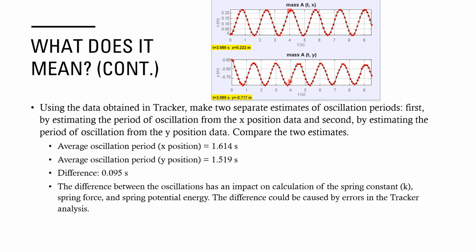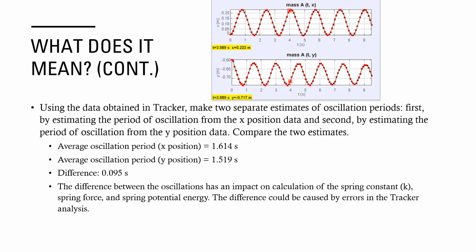So we were tasked to make 2 separate estimates of oscillation periods using the Tracker data. First, the period of oscillation from the X position data, and second, the period of oscillation from the Y position data, and then you compare the 2 estimates. So using that data up there, I concluded that the average oscillation period of the X position is equal to 1.614 seconds, and that of the Y position is equal to 1.519 seconds, with a difference of